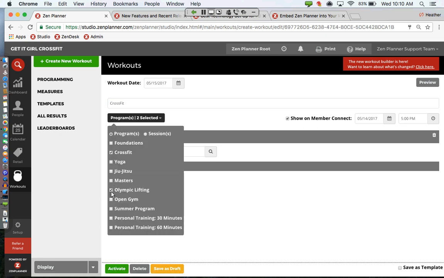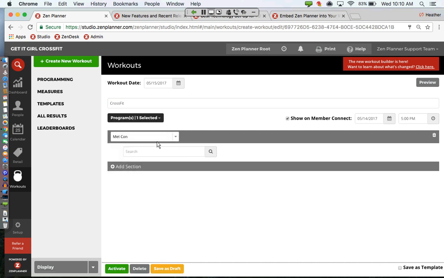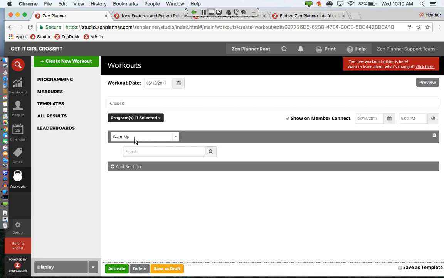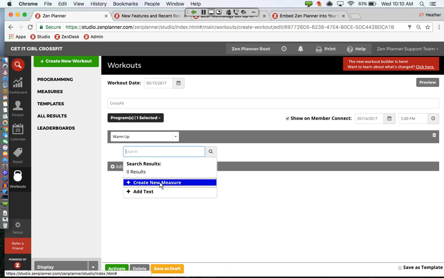So if you do program your warm-ups for your members to be able to see, select that section. Then you're going to move your mouse to the search box. You might notice that it says 0 results, which doesn't really make too much sense for right now. You can create a new measure or you can add text. Why there's a search box is like maybe if I start saying,